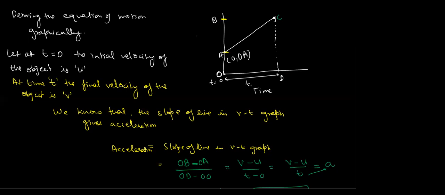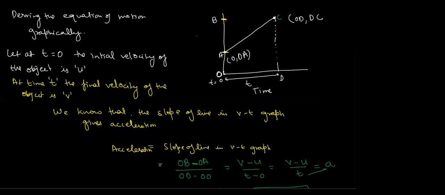So he has to travel the OD in the x-axis, and then DC in the y-axis. Or you can say OB, more appropriate will be OB, because we write the terms as OA and OB. So instead of writing DC, you can write OB. Is that clear to you, that the coordinate of the point is OD and OB? Are you having any doubt, Hamna, how this OD and OB comes? No, sir.